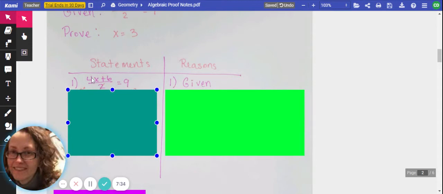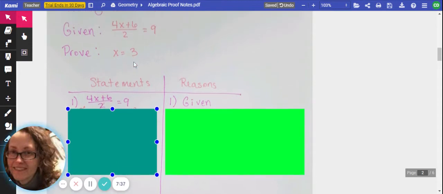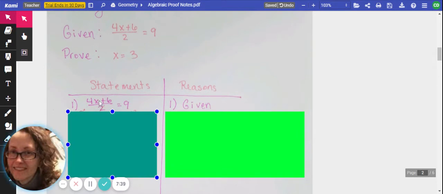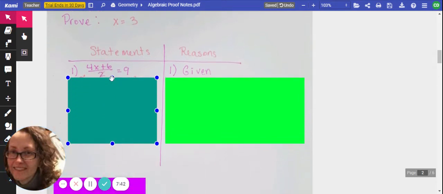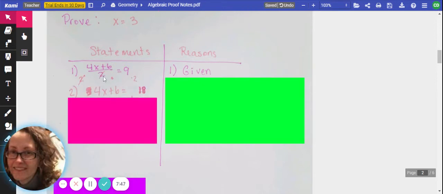So in this problem here, I end up multiplying by 2 in order to complete my first step. And I really do need to multiply by 2 before I do anything else, because this division by 2, or this fraction bar here, is acting as a grouping symbol. Kind of like if I had a 2 out front here with parentheses, I would have to take care of the 2 first before I did anything else. So I can